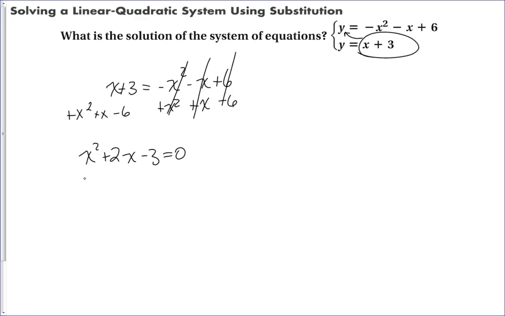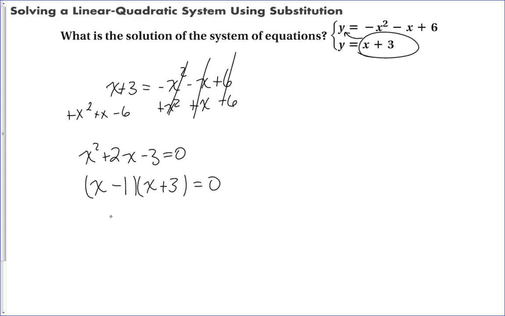Now you just simply factor like we've been doing. So we know this has to be x and x. Since this is negative, we know we have one of each. The only factors of 3 are 3 and 1. Since the middle term is positive, our larger factor has to be positive. All right, so this factors down into